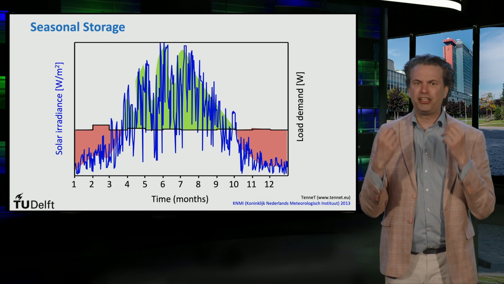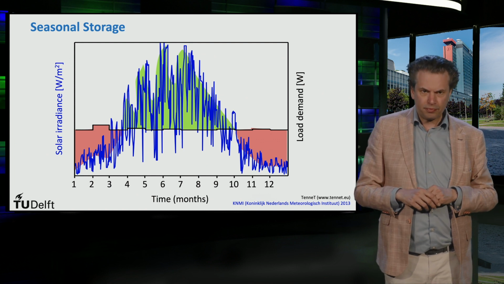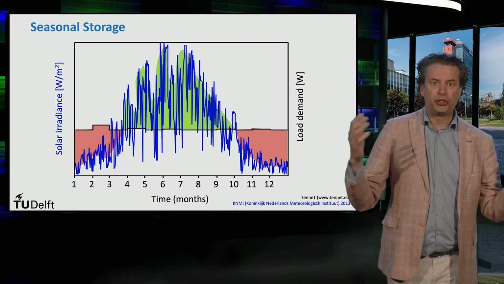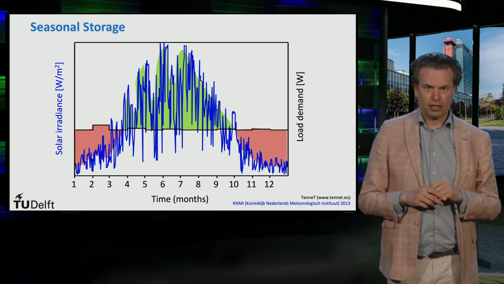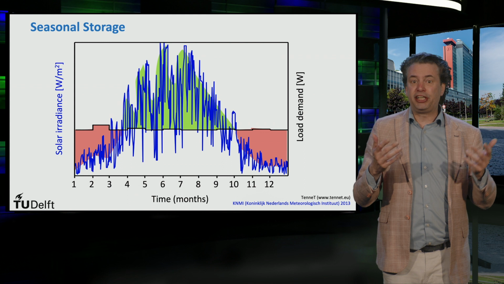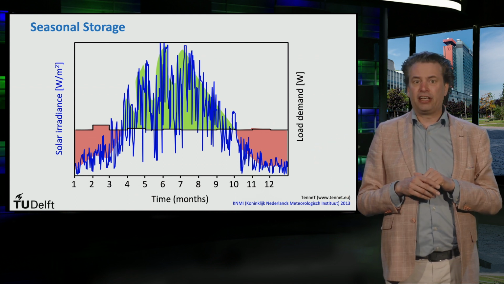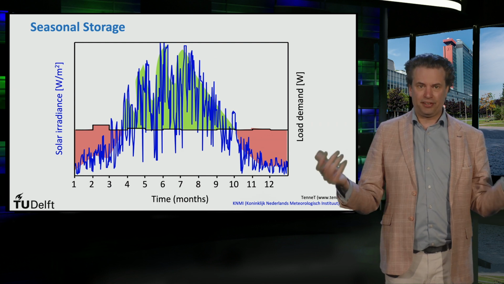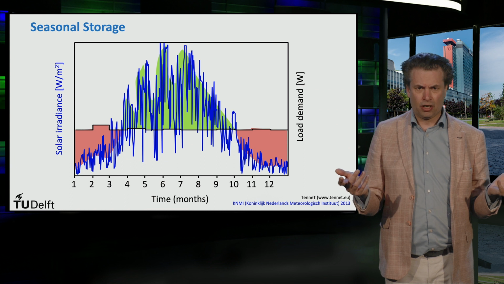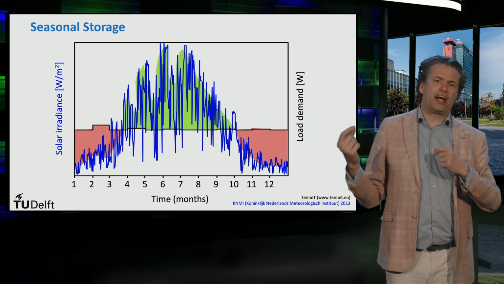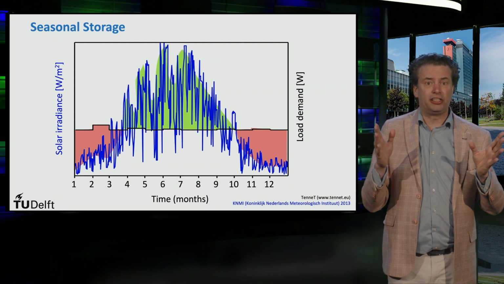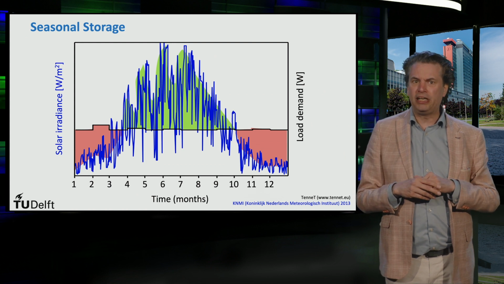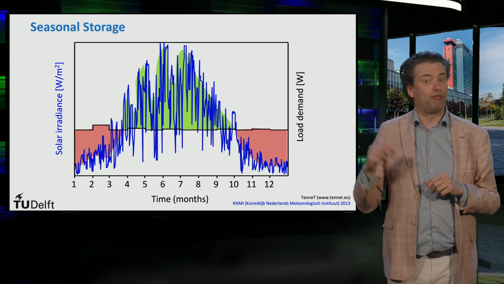You need some type of energy storage to solve this mismatch. If you were to make the PV system large enough for the winter, then the system would be huge and would not be cost effective. Additionally, you would waste a lot of energy in the summertime. Therefore, if you have an electricity system that is totally dependent on PV, you need some storage that can handle these seasonal fluctuations. Unfortunately, batteries are not cost effective to store this huge amount of excess electricity in summertime. A more promising example for seasonal storage would be the generation, storage and consumption of green hydrogen.